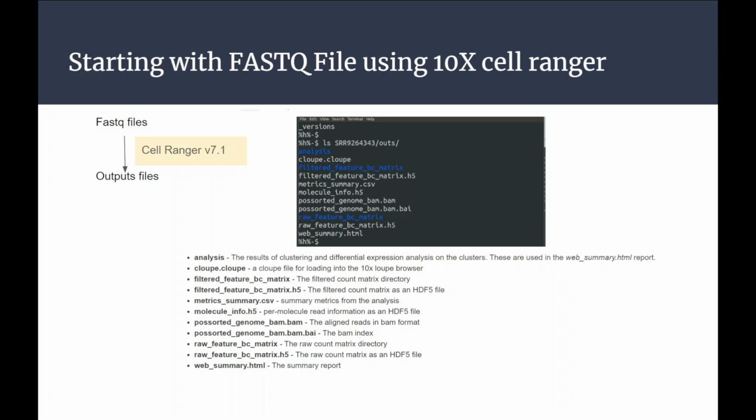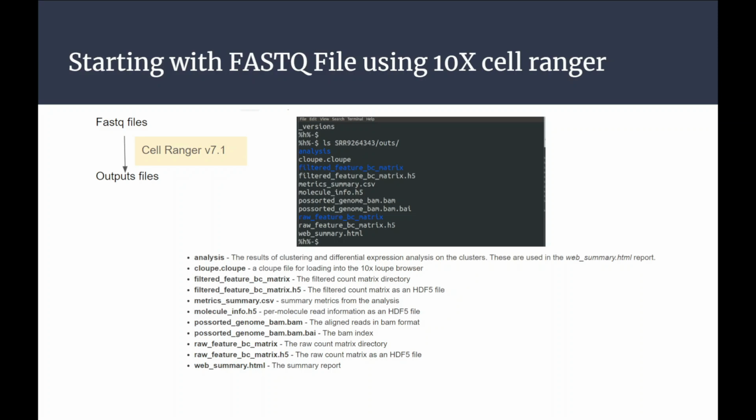You can simply follow the normal alignment, or you may not want to, because if you go for open source tools, you need to use a couple of tools for different tasks. Let's say for alignment you're going to use HISAT or maybe the STAR aligner, and for generation of the count matrix you're going to use featureCounts. Cell Ranger has compiled those things. You just need to know how to use this tool. It takes your input FASTQ files and, in the output, generates the count matrix. So it takes care of all the things.